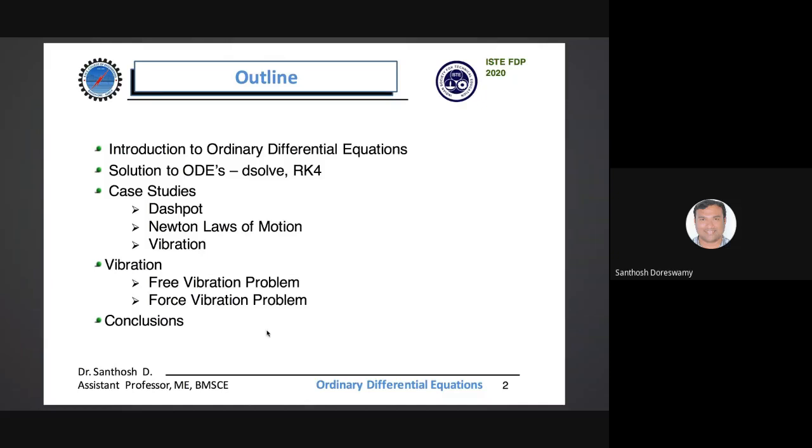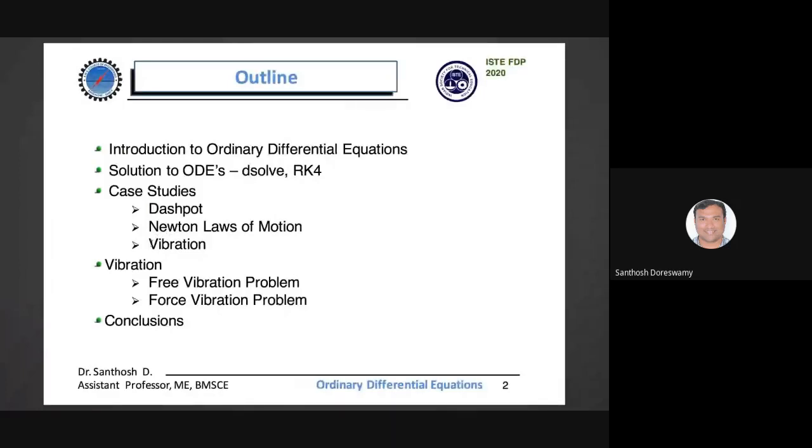And then we will move on to the case studies, where we will take some examples of writing a differential equation for a simple mechanical element, which is the dashpot, to yield a particular order differential equation. Then we will solve some of the problems on Newton's law of motion. We will then extend the techniques that we learn in these case studies, on solving these two differential equations for a dashpot and for Newton's law of motion, to